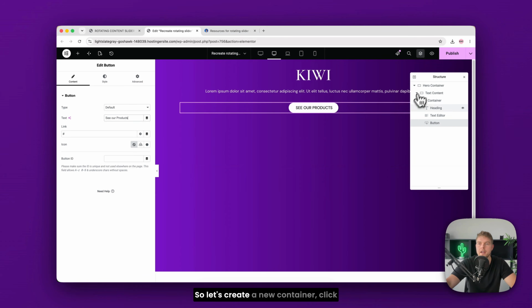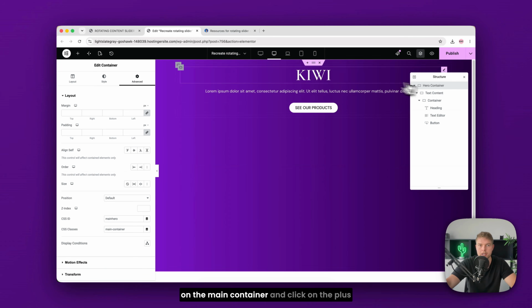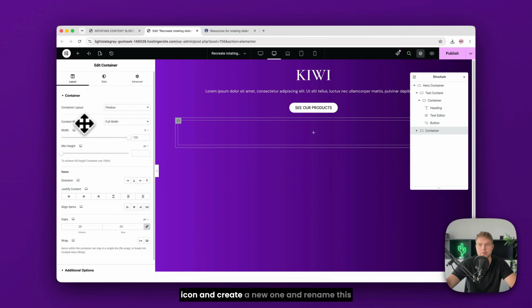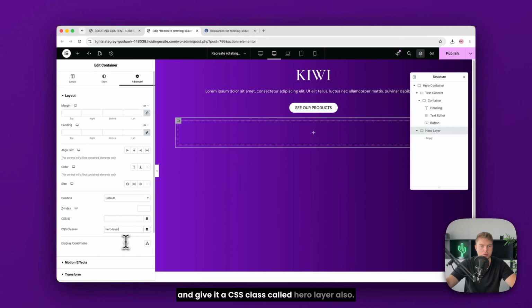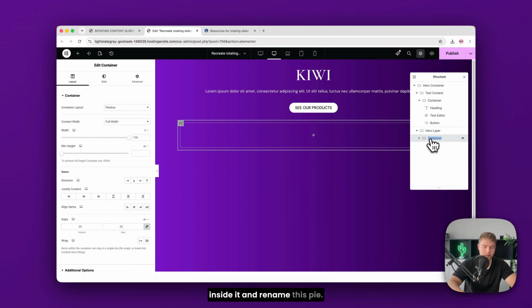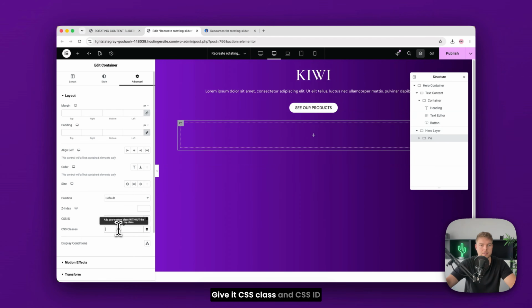So let's create a new container. Click on the main container and click on the plus icon and create a new one and rename this and give it a CSS class called hero layer also. And then add another container inside it and rename this pie. Give it CSS class and CSS ID and add an image inside